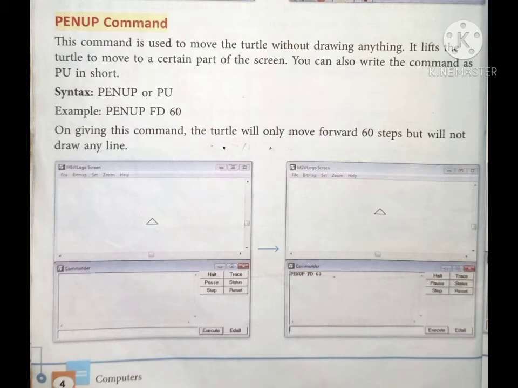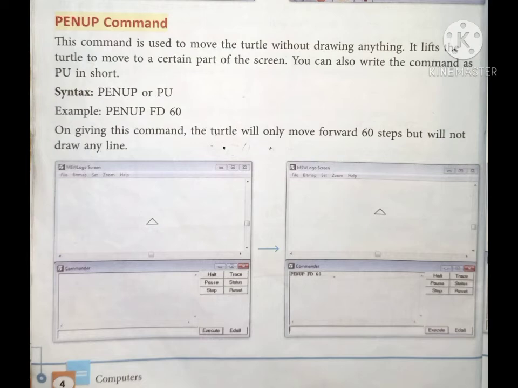Next one is the pen up command. This command is used to move the turtle without drawing anything. It lifts the turtle to move to a certain part of the screen. You can also write the command as PU in short. So the pen up or PU command is used only to move the turtle, but it will not draw anything.